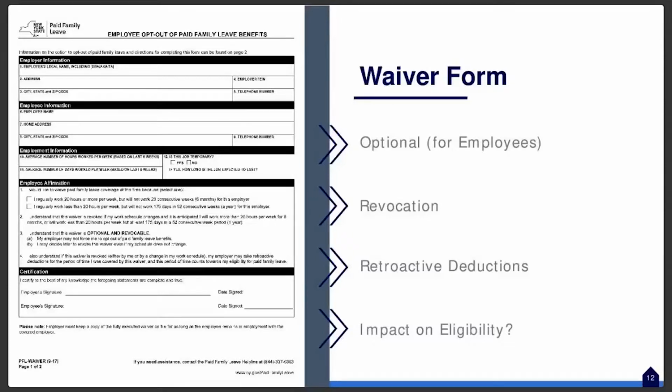One further complication and some ambiguity in the form and the regulations is that the language on the form, which matches language in the regulations, says, "I understand if this waiver is revoked, my employer may take retroactive deductions for the period of time I was covered by this waiver," which is what I just said. And in the same sentence, "and this period of time counts towards my eligibility for paid family leave." It is not clear to me what that means,